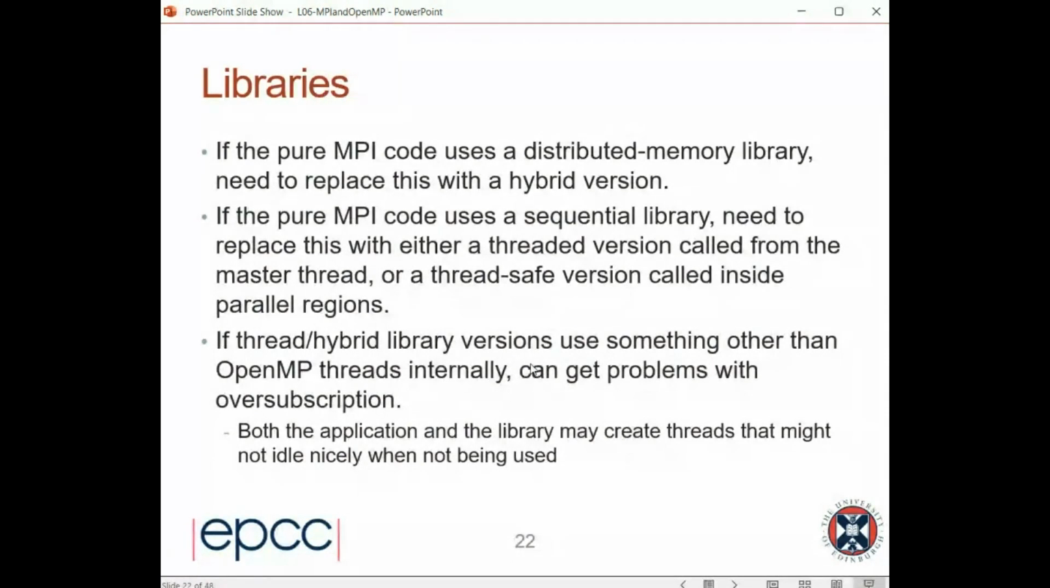The other problem is the opposite problem, that if your library uses threading but doesn't use OpenMP, you may have 128 OpenMP threads, but then your library creates 128 of its own threads, and you end up with oversubscription. You're running too many threads per code. So both the application library and your application may create threads. This is less common now, but it is a problem if the library is parallelized using threads but not using OpenMP. We saw that you specify the number of OpenMP threads using OMP_NUM_THREADS, but your library may